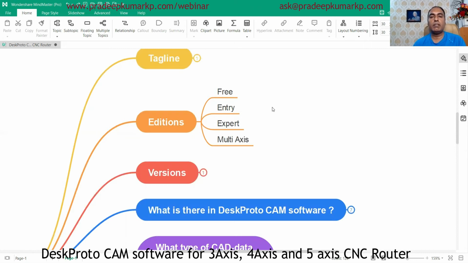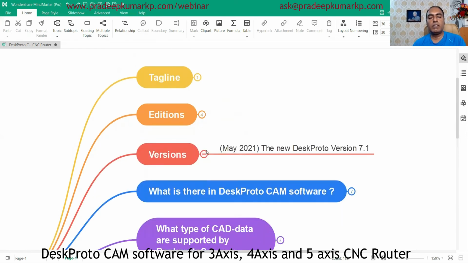The free package is available and you can download and use it. Entry level, you have to pay for. Expert level is where you want to use higher commands, and multi-axis is also available, where you want to use 4-axis, 5-axis, and so on. So these are the editions which are available with the DeskProto software.